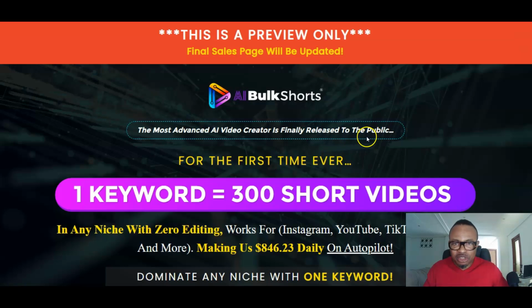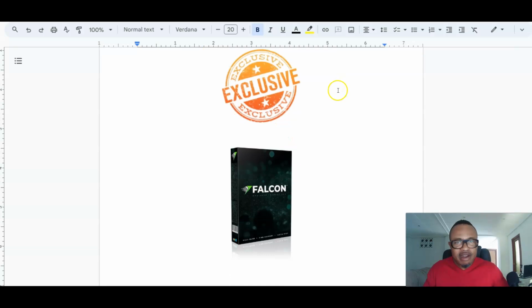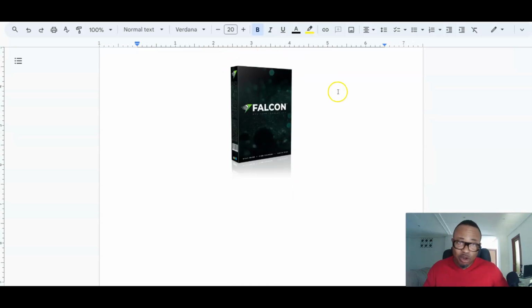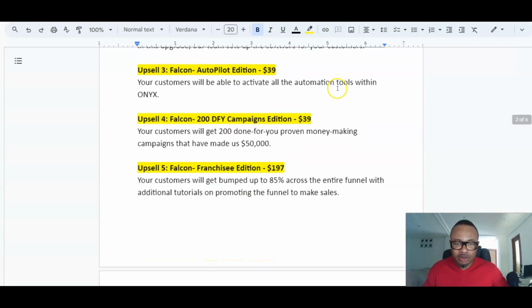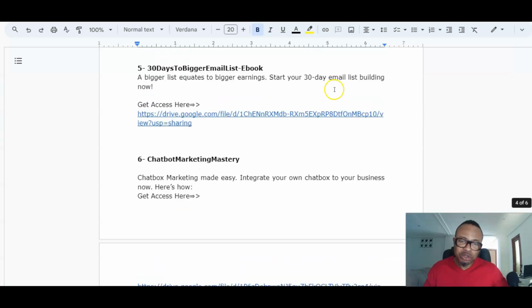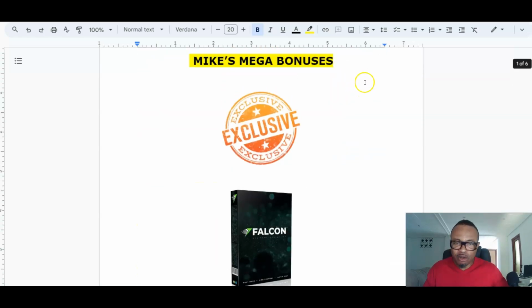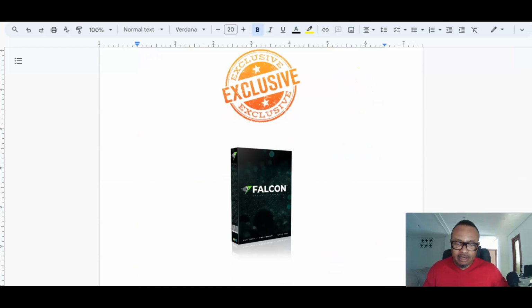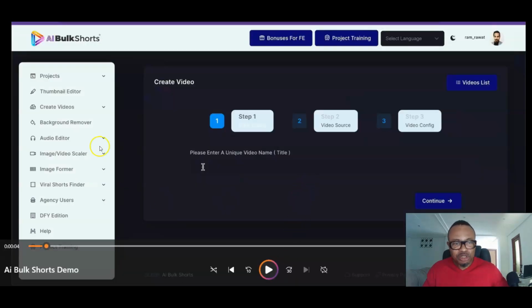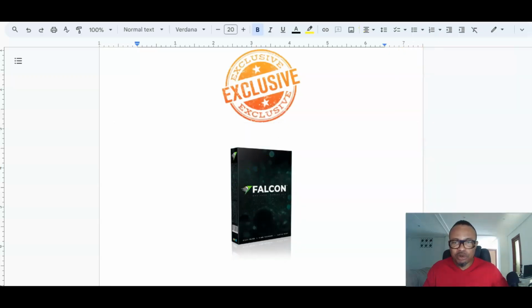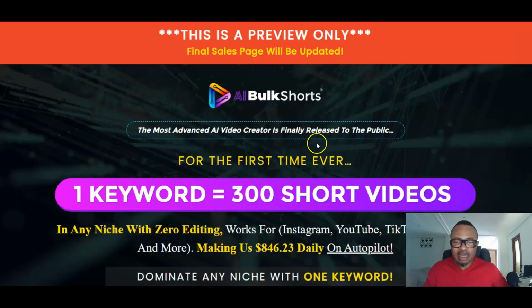So now let us see what we can do with this one. If you stick with me on this very review, I'm going to show you the amazing bonuses that I have lined up for you, which are actually very good to complement this application. I also show you the pricing for this product, and of course take you to the very dashboard area where you are going to see the tabs and how they work, and also play you the demo video of this product in action so that you see exactly what you want here.